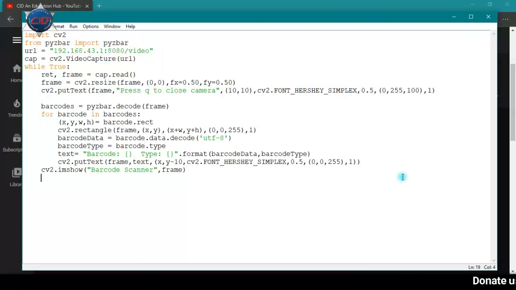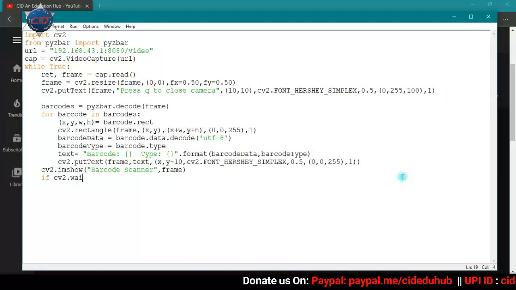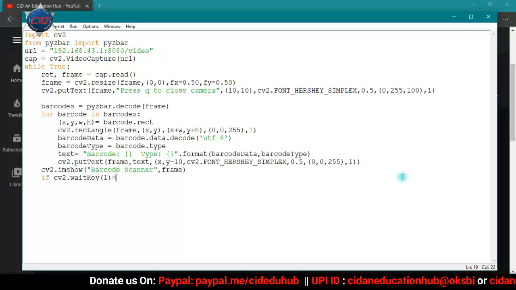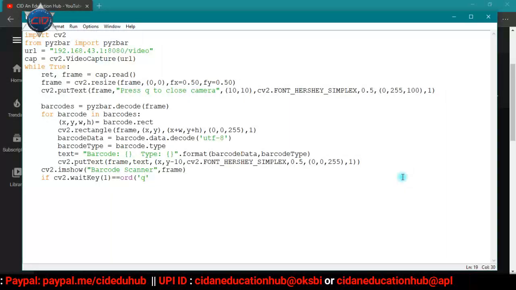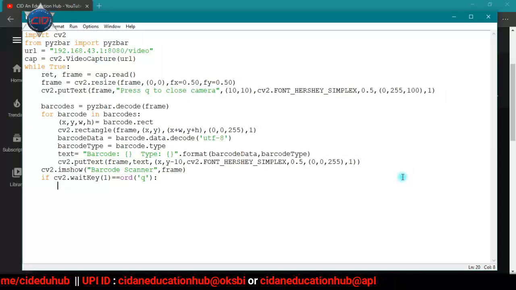And now I will use here if cv2.waitKey(1) equals ord of q, then break.